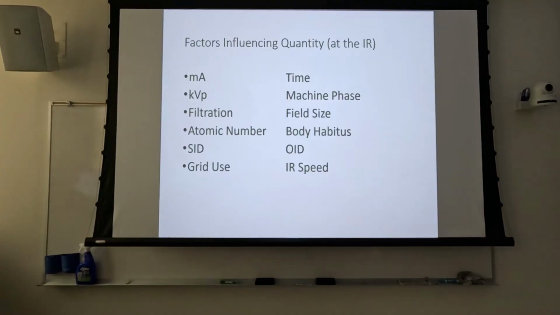created. That scatter lays down a layer of fog, right? Lays down a layer of fog. So if we increase our collimation, make our field size smaller, then we reduce the amount of fog that we create, and therefore our intensity at the image receptor is reduced, and we compensate for that by changing our mAs. Exactly. So atomic number, this is where it gets a little bit dicey, and this is where we may have